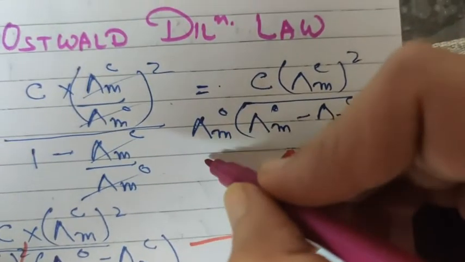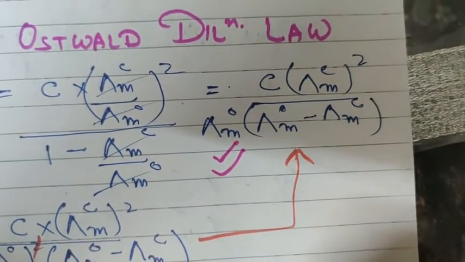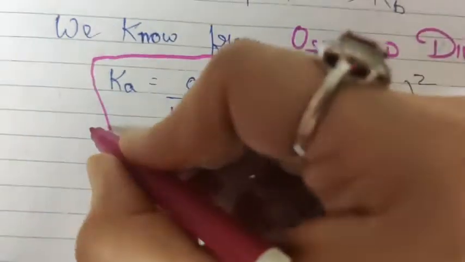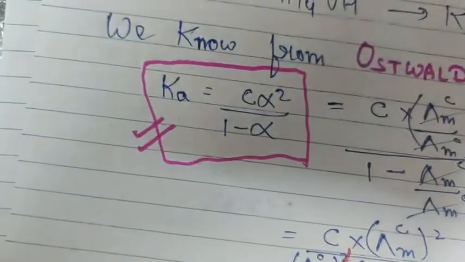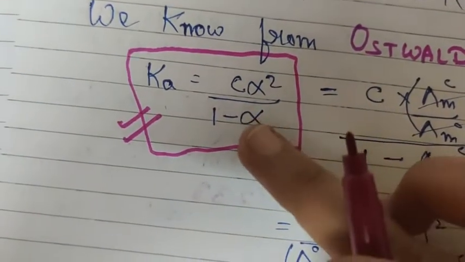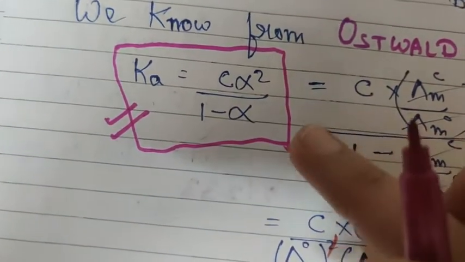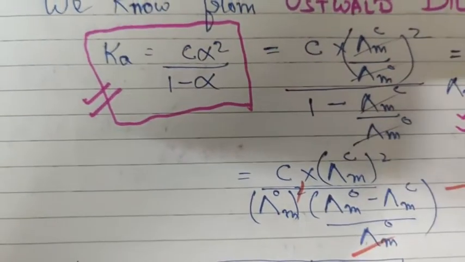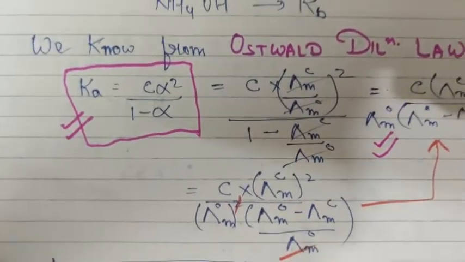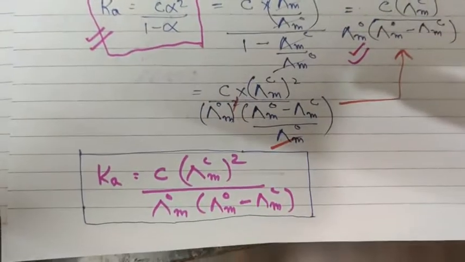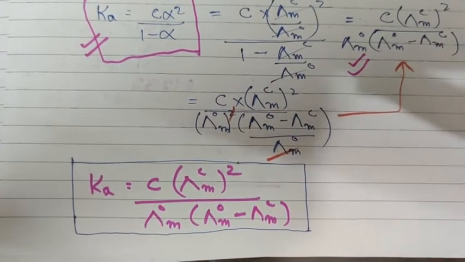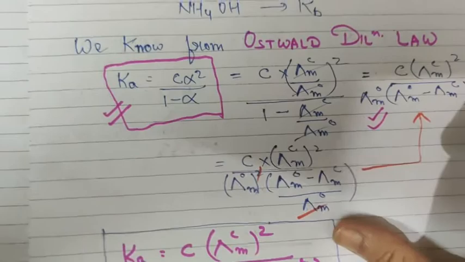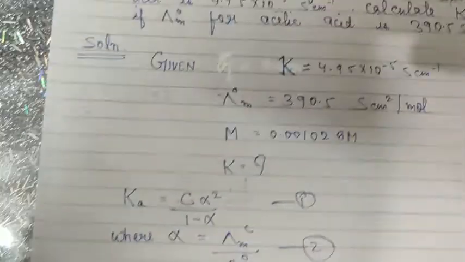So what you need to remember is this final formula, because most of the time you will be getting the answer from this formula only. I'll take up an example of a numerical also. So this is the final formula. Copy down this formula, children. Now moving to the next part, that is the numerical part.